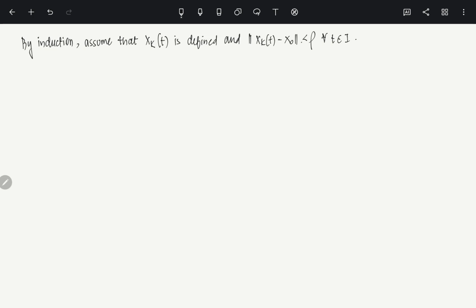So essentially I am saying it is again in O epsilon. So then